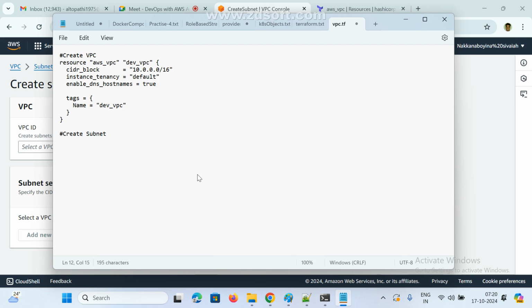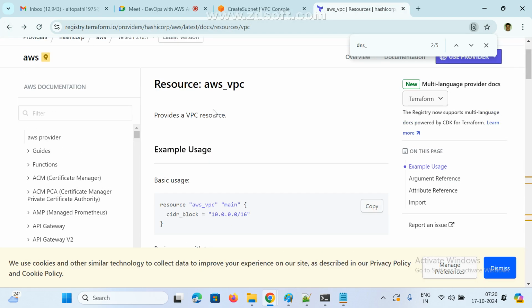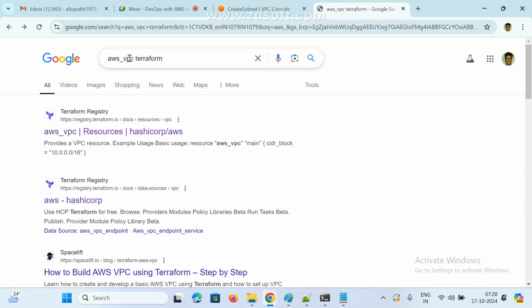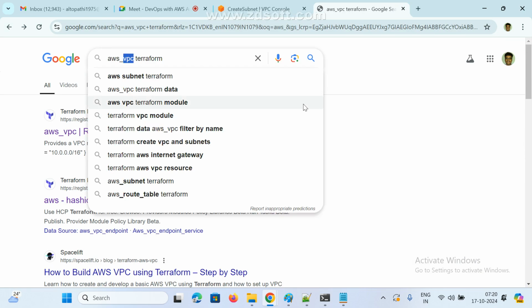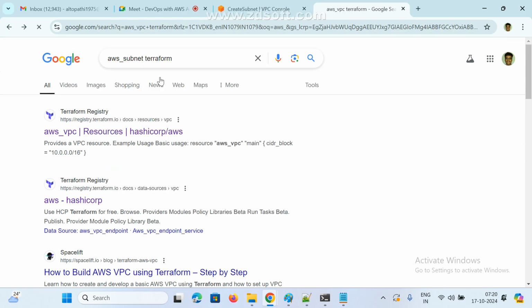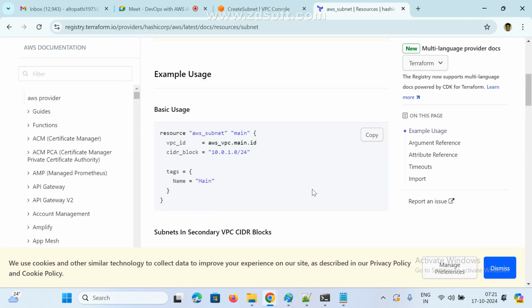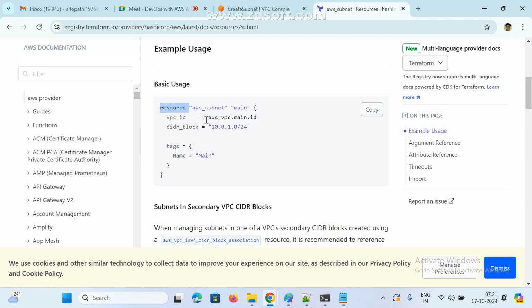Subnet. Create subnet. I am creating subnet 1. Remaining story, for example, I don't know anything. Now go to Google and just type VPC underscore AWS underscore subnet. These people already provided an example also, just for the first time. See here, resource equal to AWS underscore subnet main and VPC ID, and this is the subnet range and tag